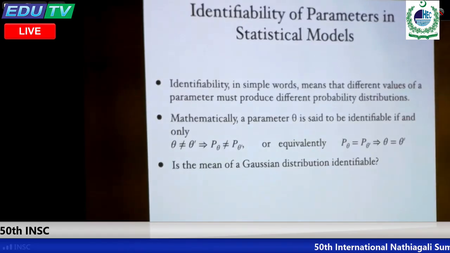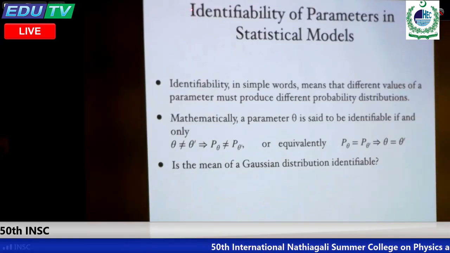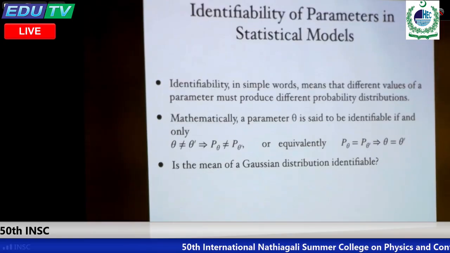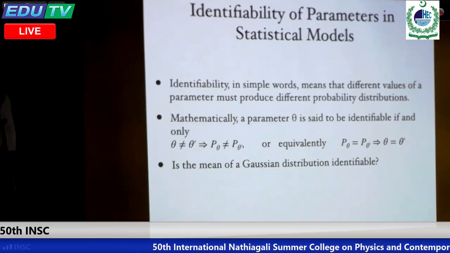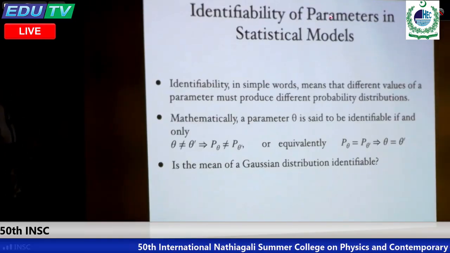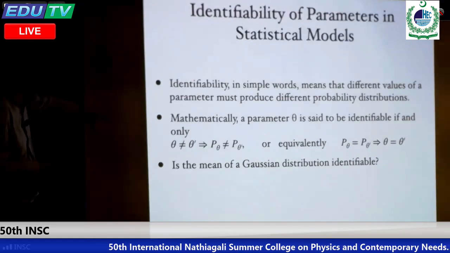So the first problem here is the identifiability of causal effect. A lot of classical causality researchers, including Prof. Daniel Rubin from Harvard, made a lot of contributions to this problem. They try to see the conditions on which the causal effect is identifiable. In order to define identifiability of causal effect, let's try to remember the identifiability of parameters in a statistical model. It's very simple, and you can find it in any textbook.